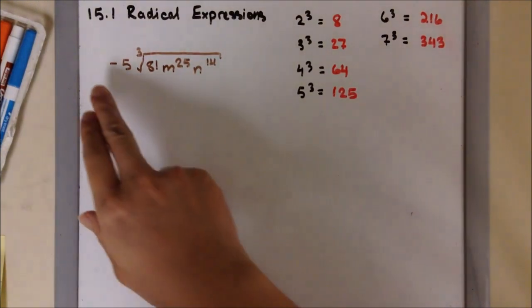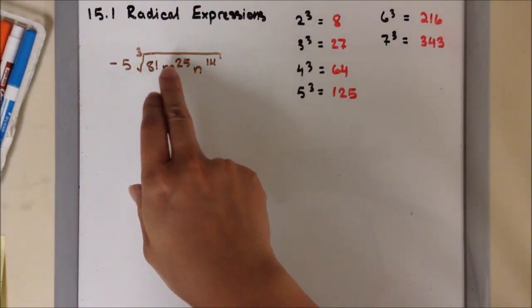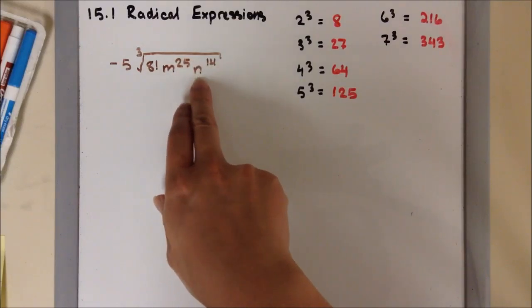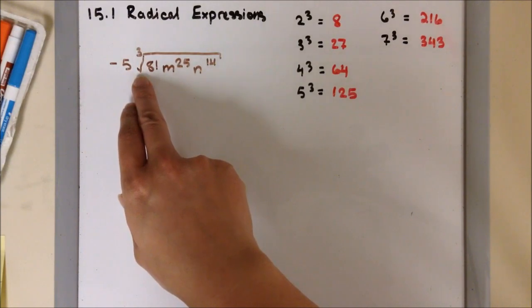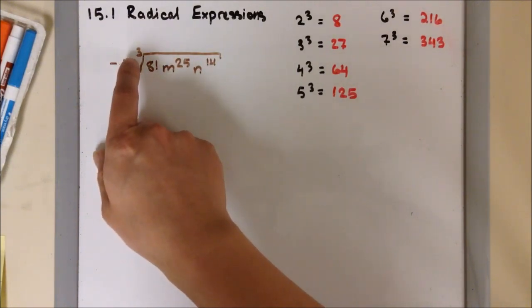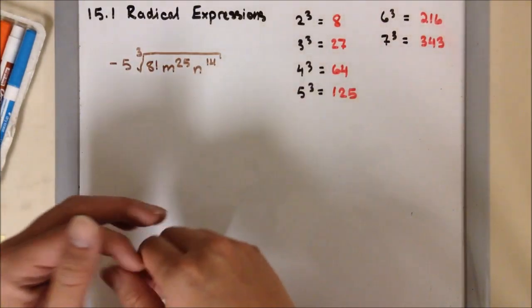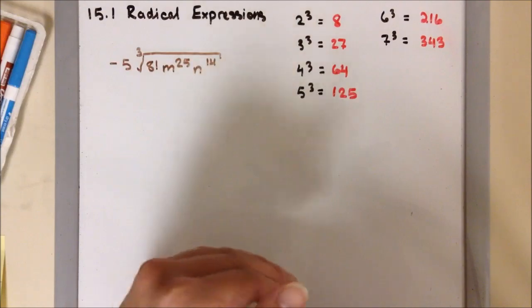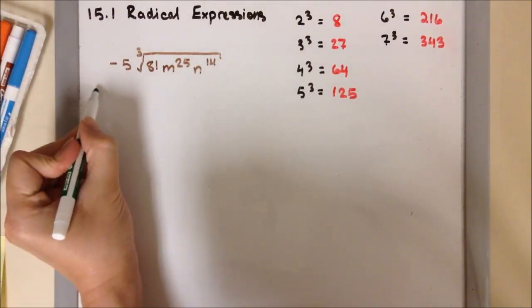In this example, we have -5, the cube root of 81, m to the 25th power, n to the 14th power. Again, we know that we're working with the cube root, or the third root, because we have the visible index of 3. Now just like before, I'm going to split it into the number, the m, and the n respectively. So we're still going to have the -5 outside,